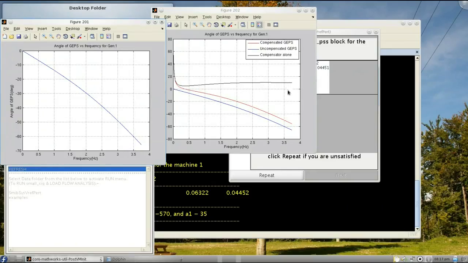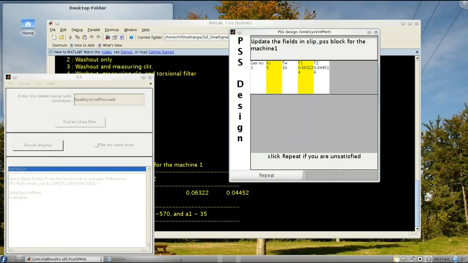So a 10-degree lead is provided by the compensator at center frequency of 3 Hz. If the displayed compensation satisfies the design, then directly proceed to update the PSS block in the model file.